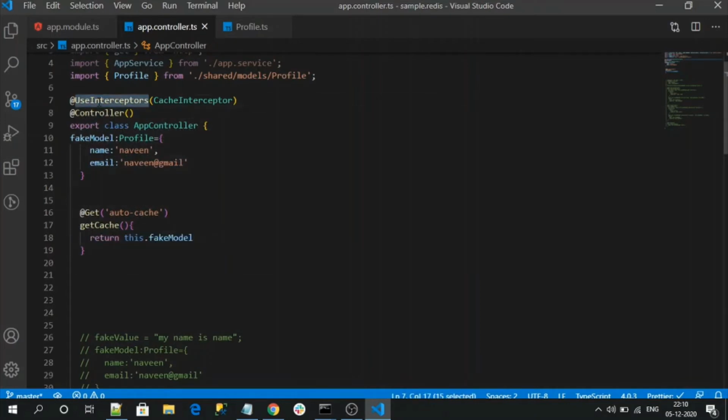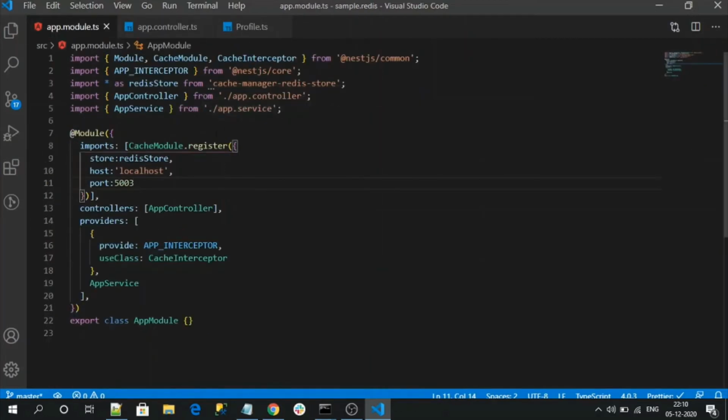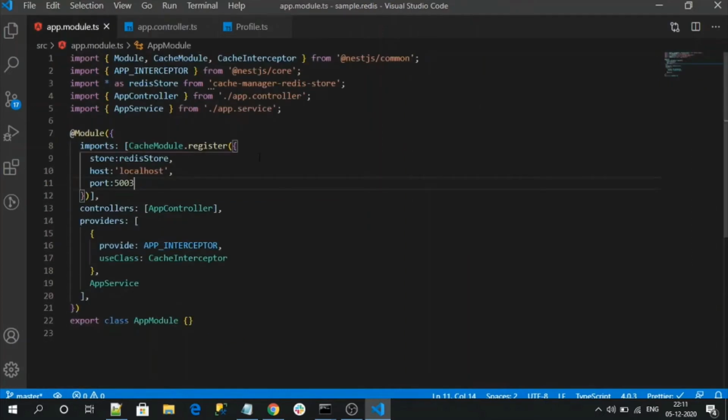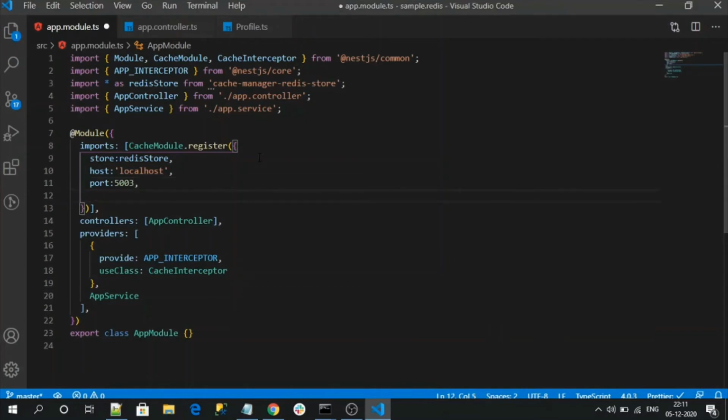One more thing we need to do is set the global expiration time, because by default it is 5 seconds if we don't specify any cache expiration time. So it is hard to identify whether it is cached or not. It is always good to define the expiration time explicitly. Since we are using auto cache, we need to configure a global expiration time.